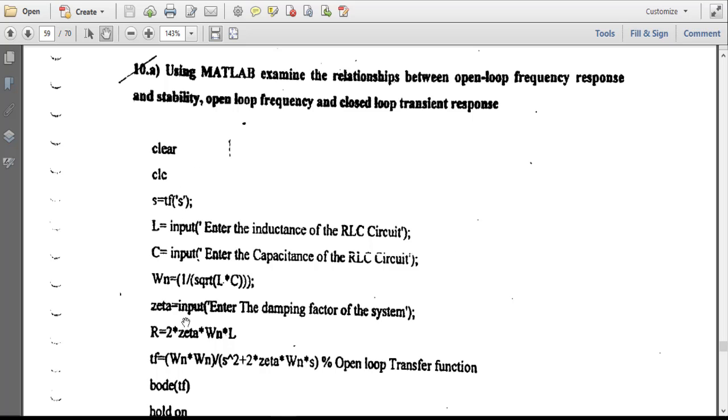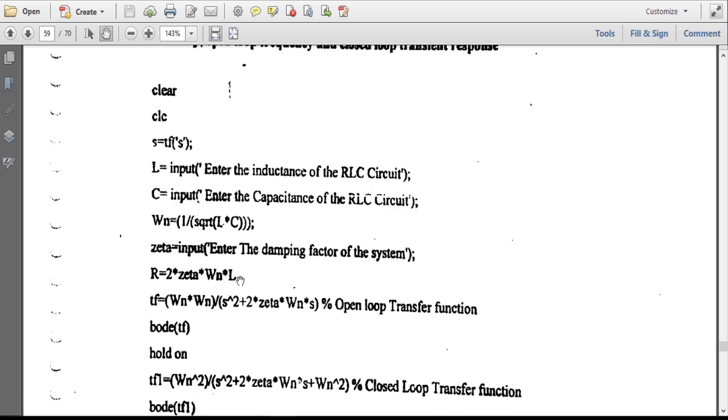This is just to practice and give you a different feel of this MATLAB program. From here you go to r equal to 2 into zeta omega n into L. Now you can see there is no semicolon after this. That means the value of r is calculated and will be shown on the command window.